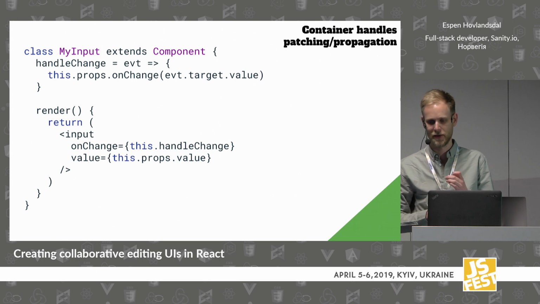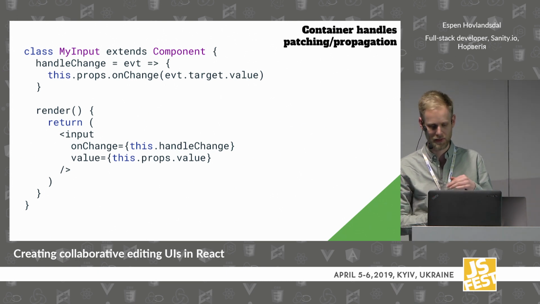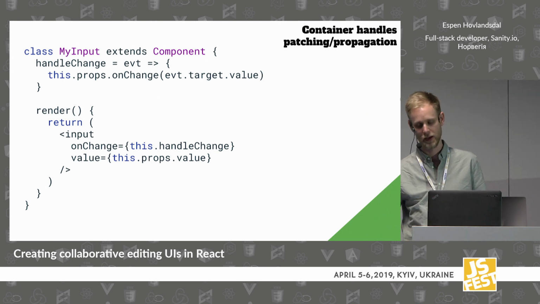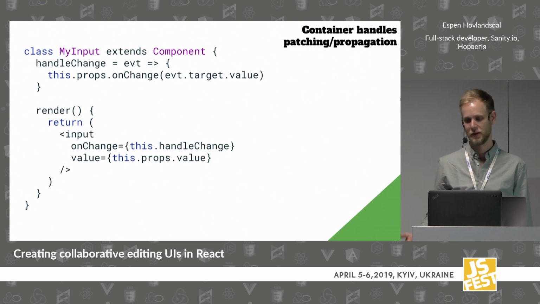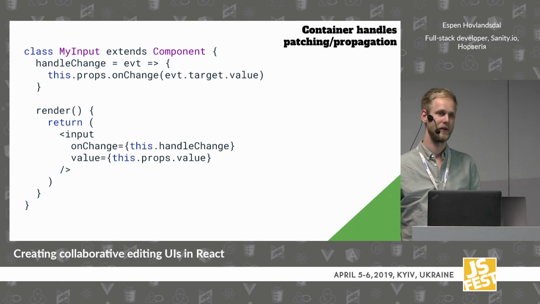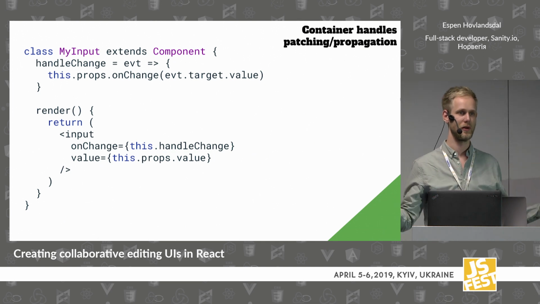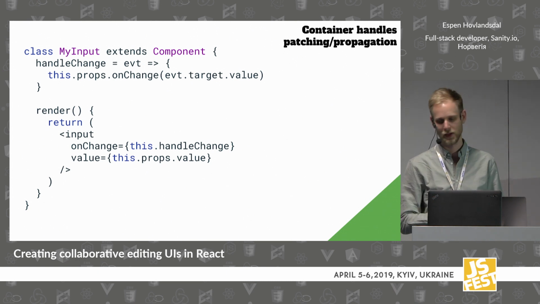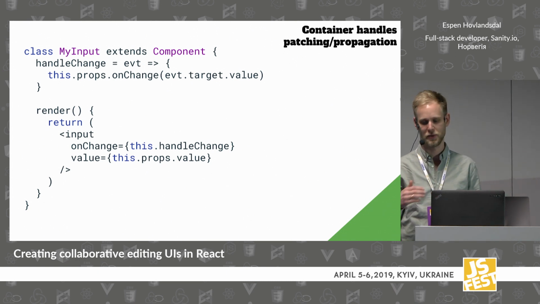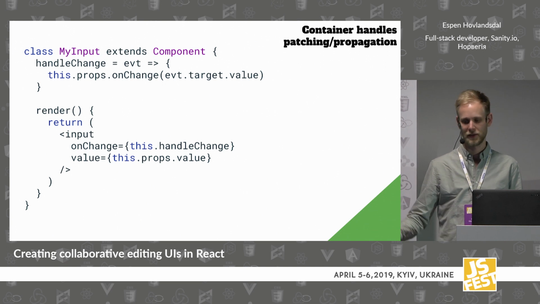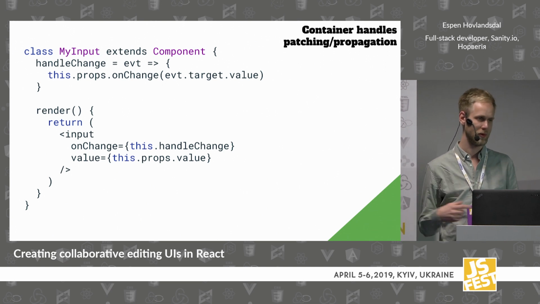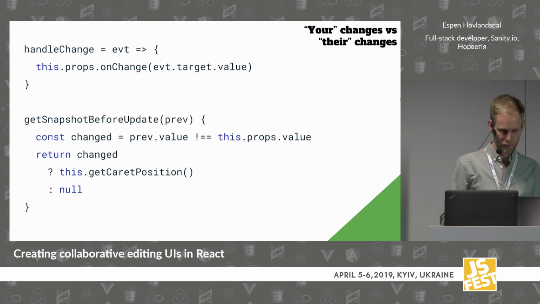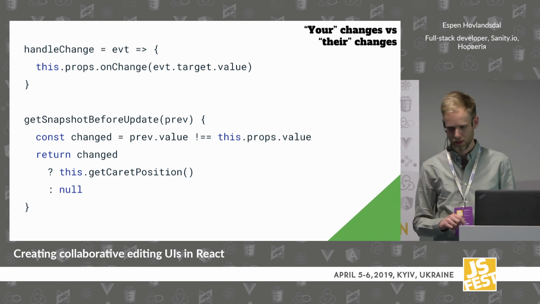I'll start off just by having a classic input component that's managed by a parent component. This is the pattern that I talked about, where you want to be able to just say this props onChange and the new value, and then have that be distributed to some lower level patch system that actually distributes that change. And once that patch is applied, you get a new value back. That container will also probably want to handle the optimistic update, so immediately give you back the new value. So in this case,